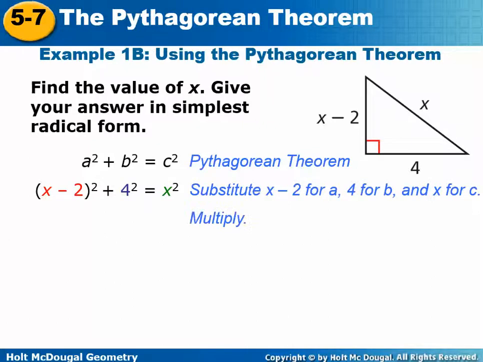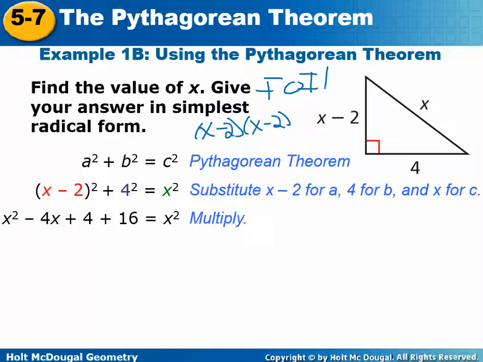When you have x minus 2 squared, that's the same as x minus 2 times x minus 2, and you have to FOIL that answer. So x times x is x squared, minus 2x, and then another minus 2x is minus 4x, and then negative 2 times negative 2 is plus 4. So first, outer, inner, last. Then we have plus 4 squared, which was 16. Now we can combine our like terms,